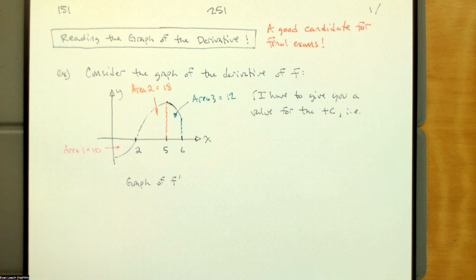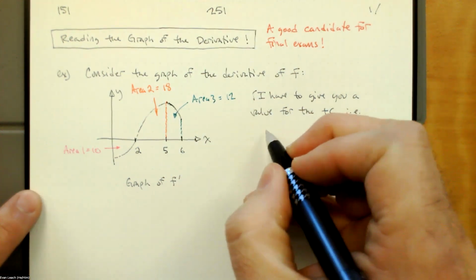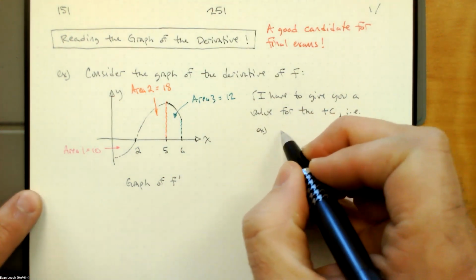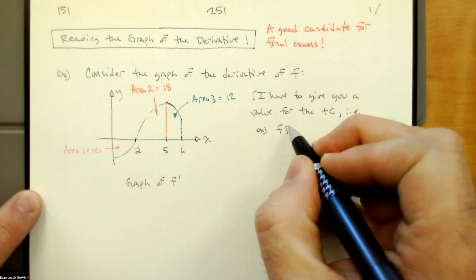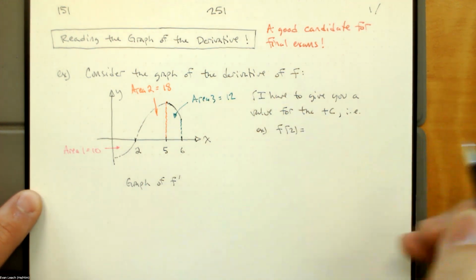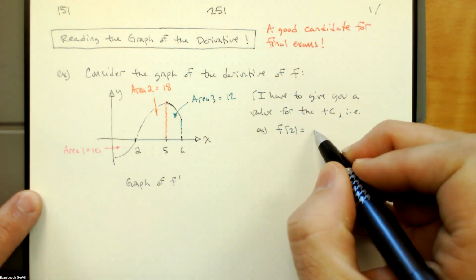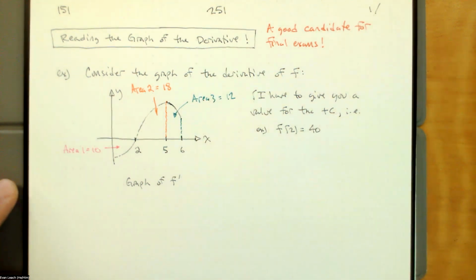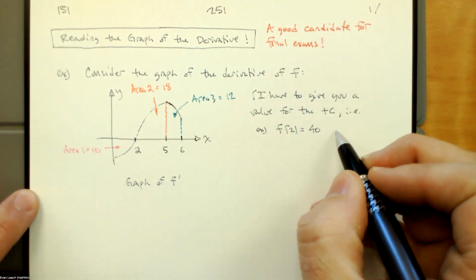So if we think about the integral, we know that from 0 to 2, the function f decreases by 10, but I don't know where it started or where it finished. So I have to give you something about the plus c. So I either have to say f of 2 is equal to 40, or